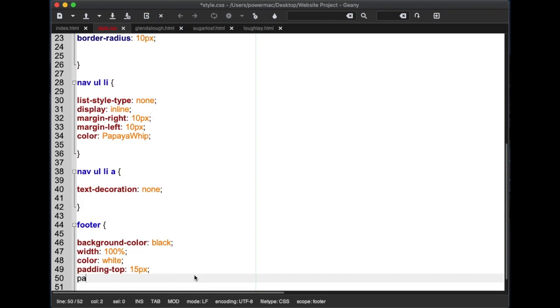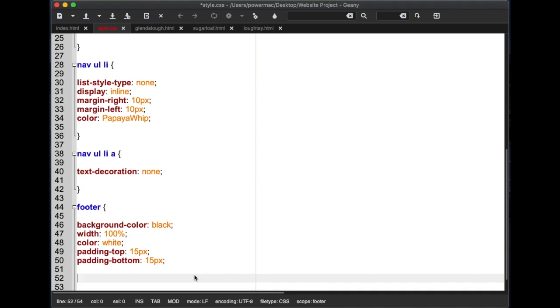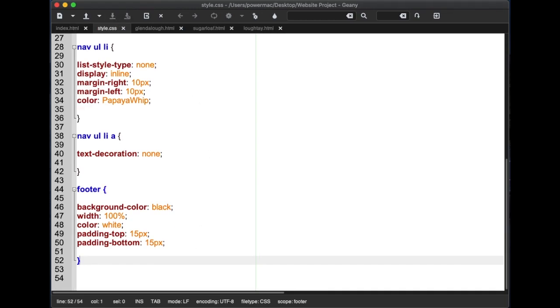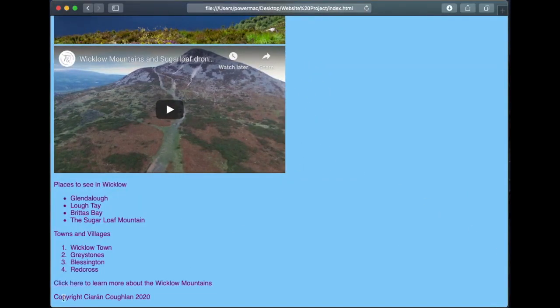And then we set the padding-bottom, also to 15 pixels. And then we close our curly brackets. We're going to save our file and let's have a look. So here we have our boring footer. When I hit refresh,